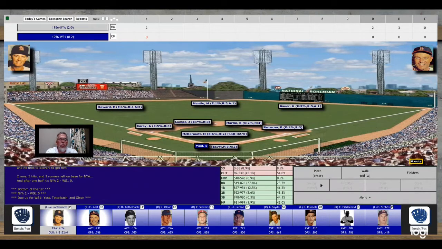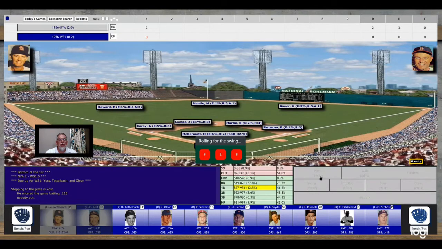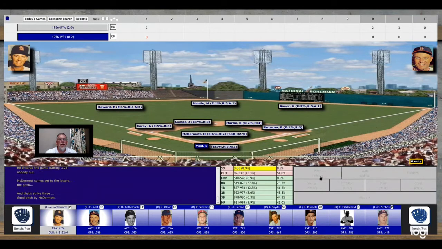And pitching for the Yankees, Mickey McDermott. McDermott with a 4.24 ERA in '56. Up to the plate comes Ed Yost. He enters the game batting .125 in this replay. He batted .231 in the season. Here is the pitch. And McDermott sets, fires, and strike 3. Good pitch by McDermott to start this game off as he strikes out Yost, and that'll bring up Tettelbach,